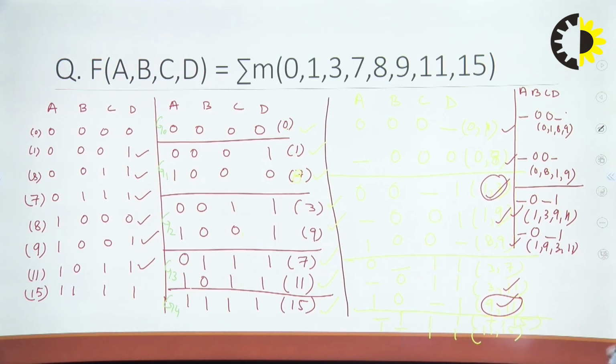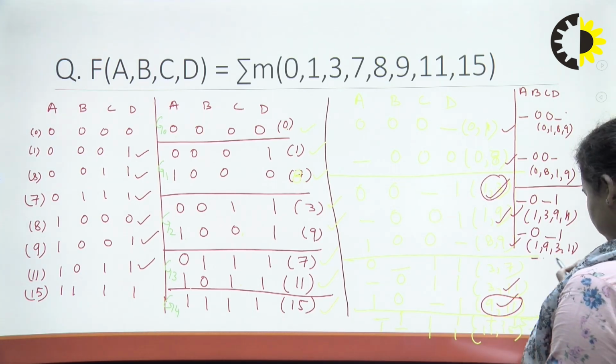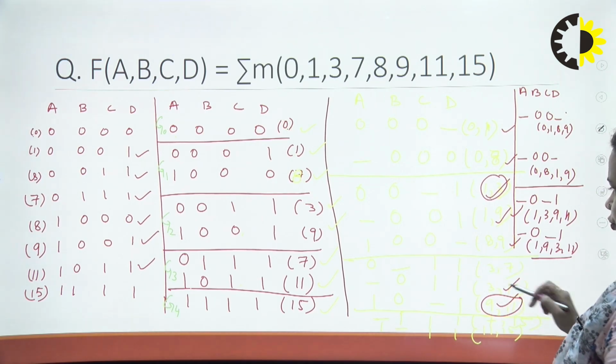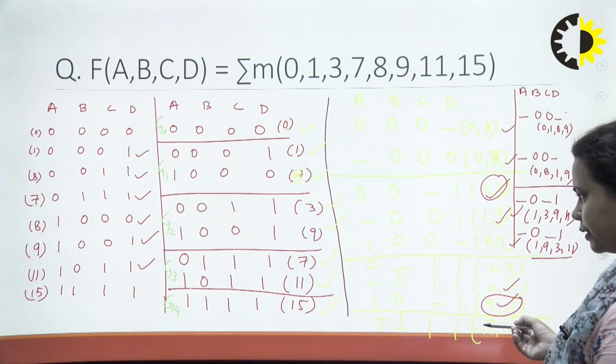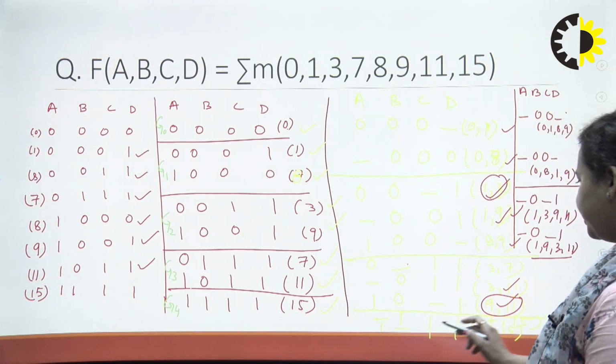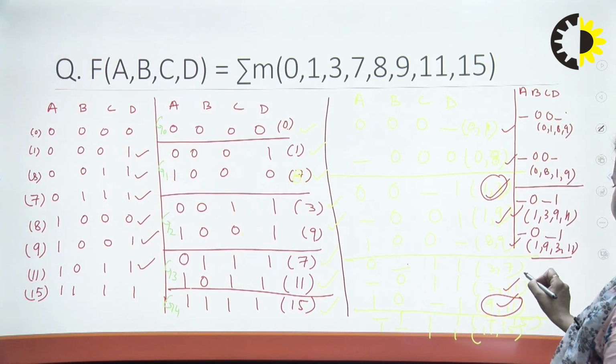Then I will check this bit, this minterms with last group. So you just focus again on dash. Here dash at second position and here dash at second position. So you will see that dash